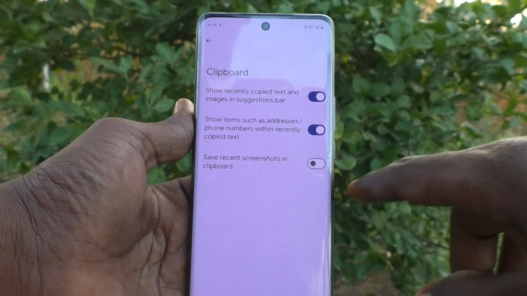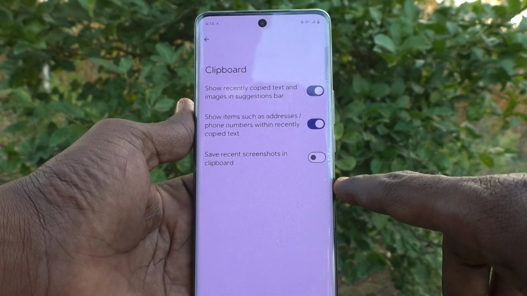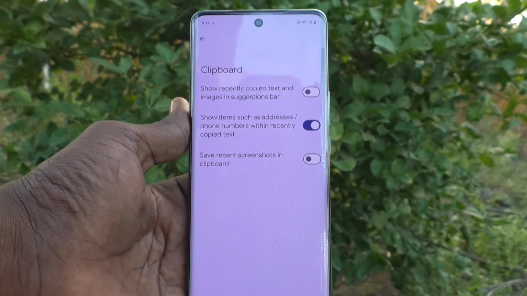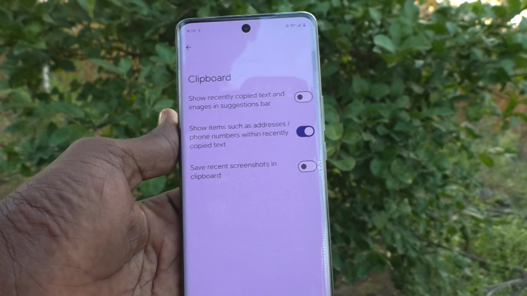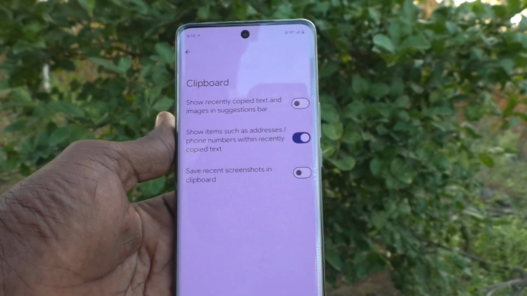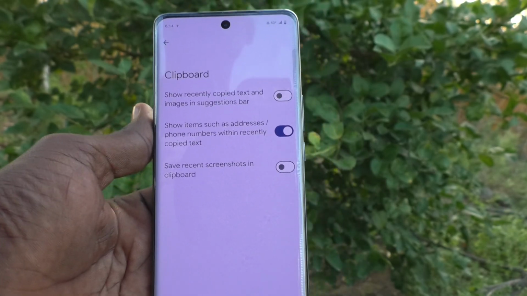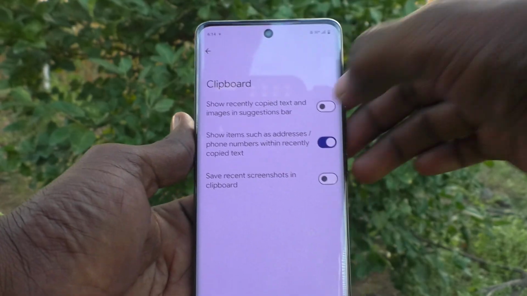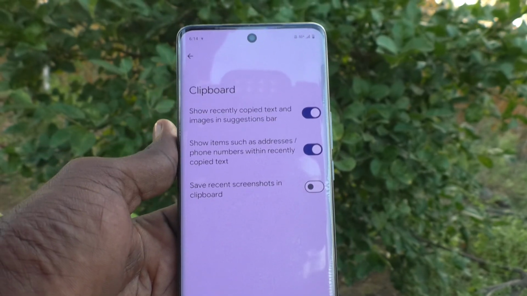Okay, so first one is show recently copied text and images in the suggestions bar. So it is already turned on. Suppose if it is turned off, you will not get any copied text while you are on the keyboard. Suppose if you have previously copied some lengthy text, and if you would like to type it again, you don't need to. If you turn on this button, your keyboard will suggest you to